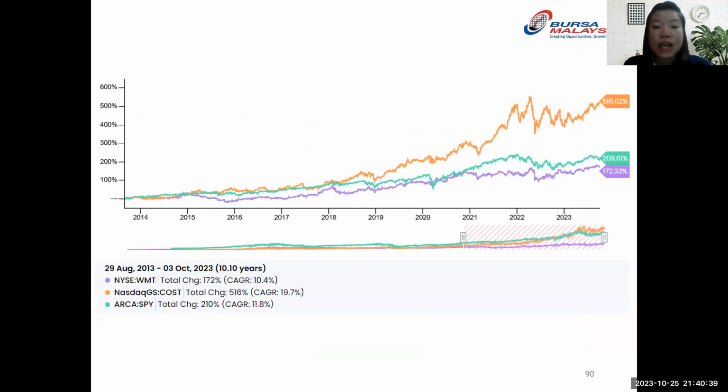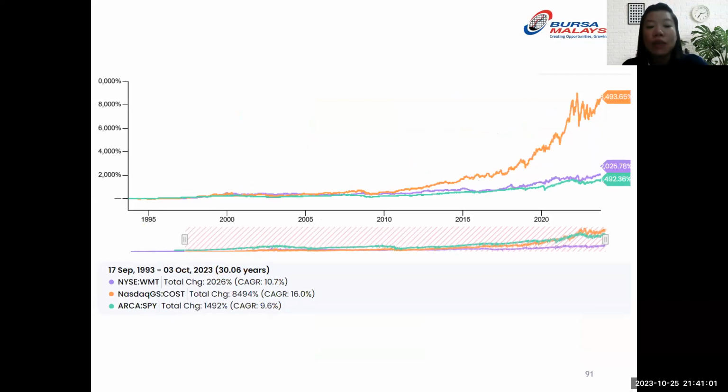You can see Costco growth exceeded Walmart and S&P 500 for the past 10 years. There is always an exceptional case. If you are interested in this industry or the business model, you can include this kind of business in your watch list. And if we extend the period of comparison to 30 years, Costco has a compounded annual growth rate